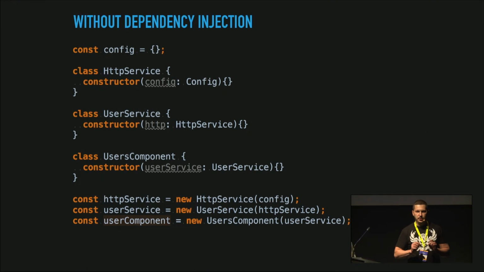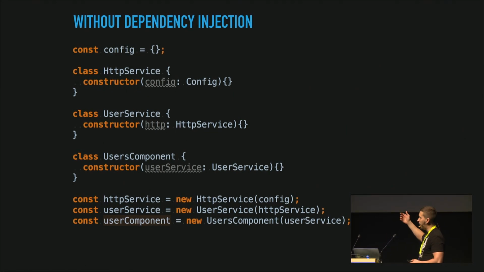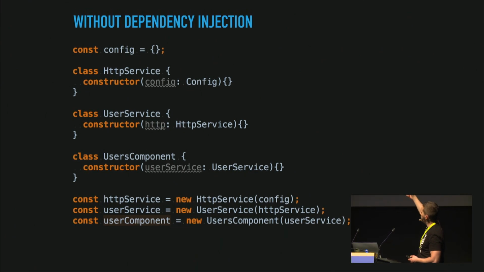Simple scenario. You need to display a user list, correct? So you will create a user service, which needs an HTTP service, which apparently needs to know the URL from config, where to get this user list. And then what you need to do? You need to grab config, then grab the HTTP service, create a new instance of the HTTP service, put config there, grab the user service, put the HTTP service instance there, create a new one, go to the user component, and provide this user service. I cannot even pronounce all this. And then you will be able to load your user list.